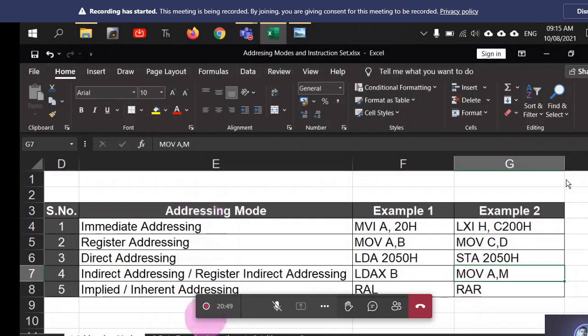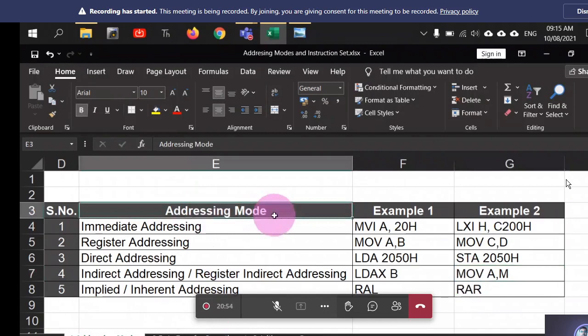There is one more group which is not covered here. That cannot be called an addressing mode because there are some instructions which do not deal with any data. For example, the HLT instruction is not dealing with any data. That's a machine control instruction. Since it does not have any addresses, we have not covered it under addressing mode. So there are 5 types of addressing mode in 8085, right?